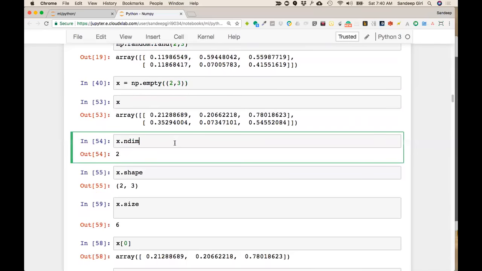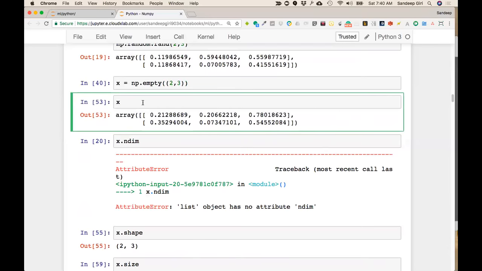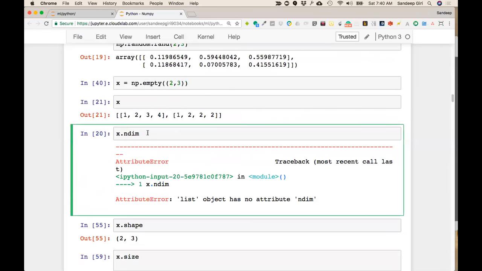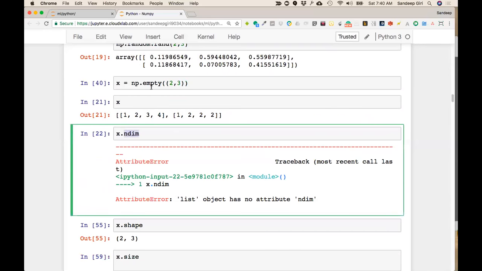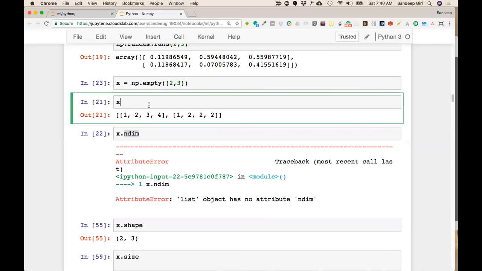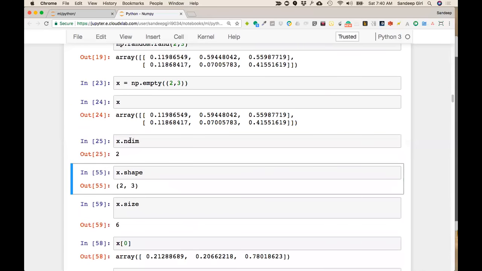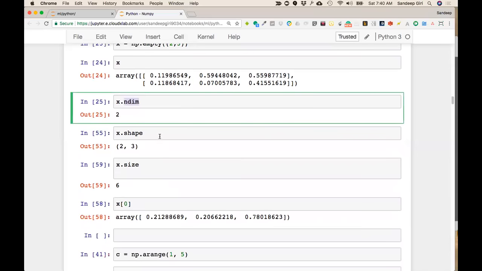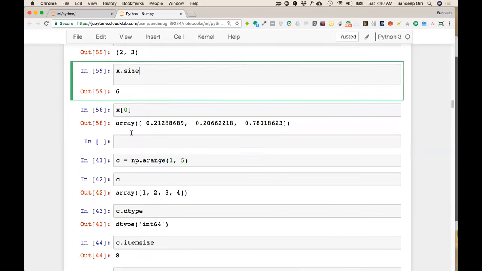all right, and we can show the dimensions. We can check the dimensions of x. List has no attribute. Okay, I think I'll have to recalculate this. Okay, so ndim shows you the total number of dimensions. Okay, we talked about shape, we talked about size, and